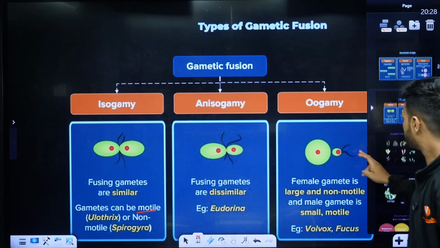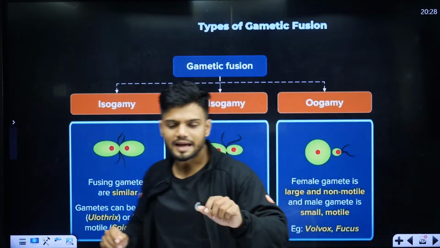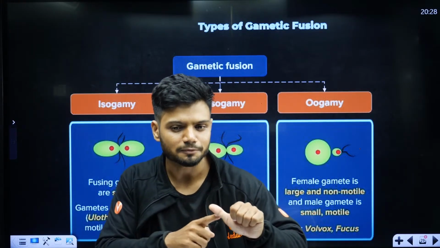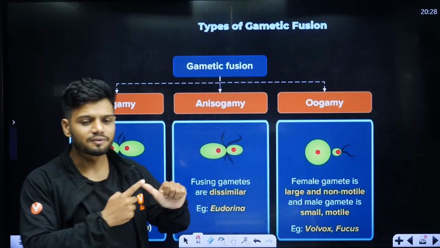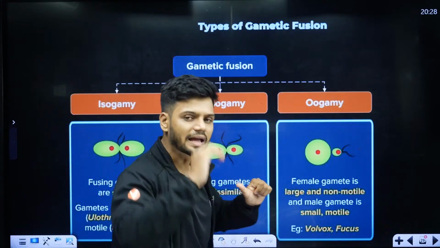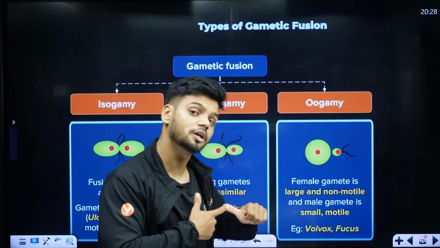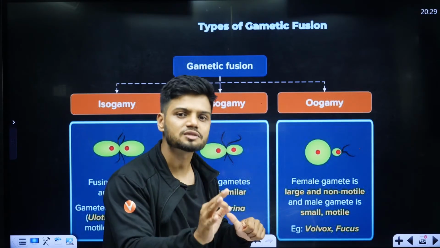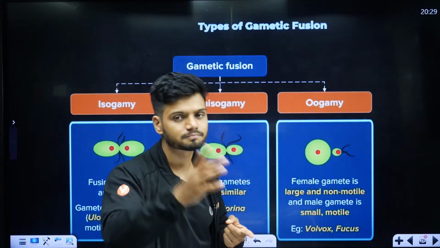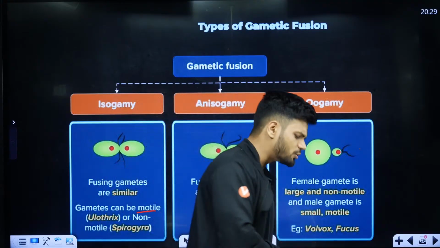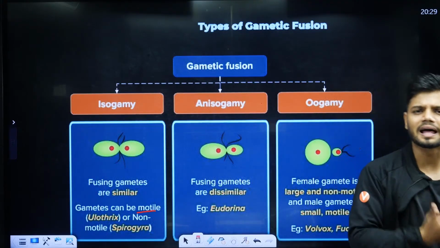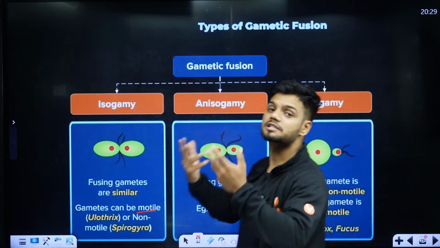Now students, all of you, can we classify algae based on habitat? Can we classify algae based on size and shape? Can we classify algae based on nutrition? We cannot. Can we classify algae based on reproduction? Then how do we classify, students? Is there a proper way to classify algae, students?